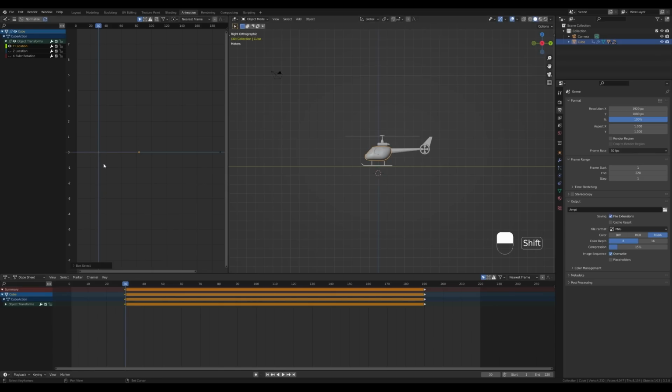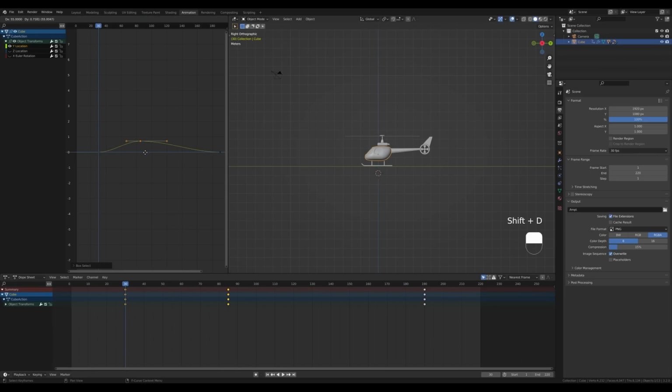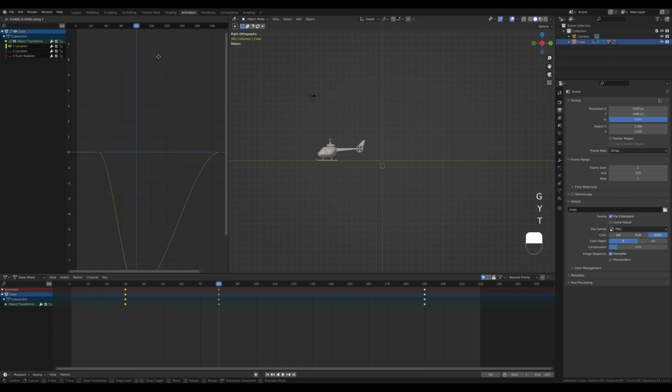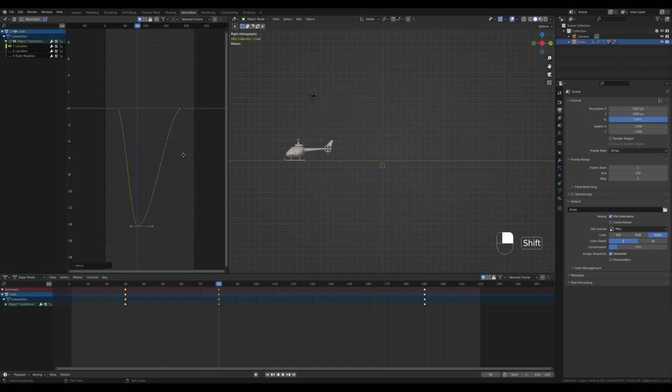So we can just press Shift D and duplicate this keyframe, press X to maintain its position, and for example, we want the helicopter on frame 80 to be gone from the view. So let's move to frame 80, and let's press G then Y and move it somewhere like here. So it looks like 15 meters away or something like that.